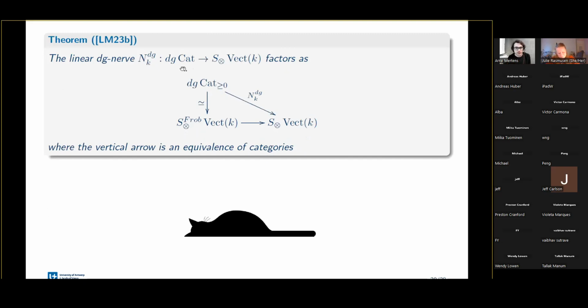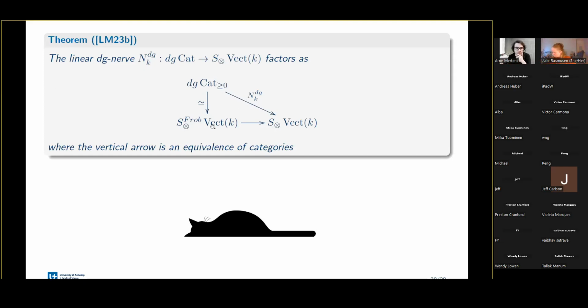If I consider this linear DG nerve going from DG categories to templicial vector spaces, it will factor as follows. I do have to restrict here to non-negatively graded DG categories, so categories enriched in non-negatively graded chain complexes. But if I do, then this nerve factors as follows. This thing at the bottom here is templicial vector spaces equipped with a Frobenius structure and maps preserving it. And this bottom map here is just a forgetful functor, which takes such a Frobenius templicial object and forgets the